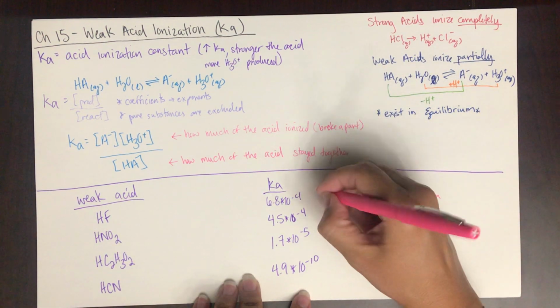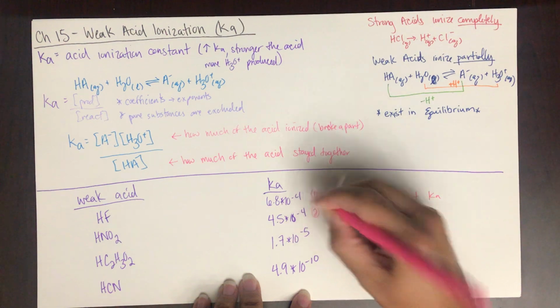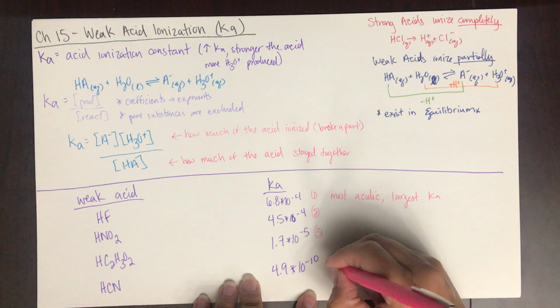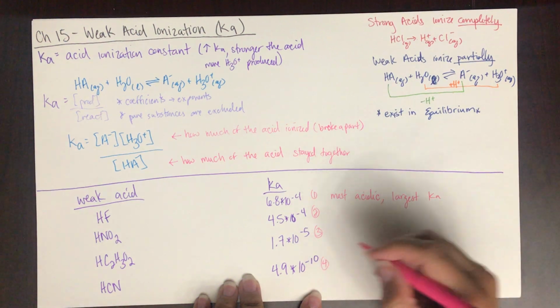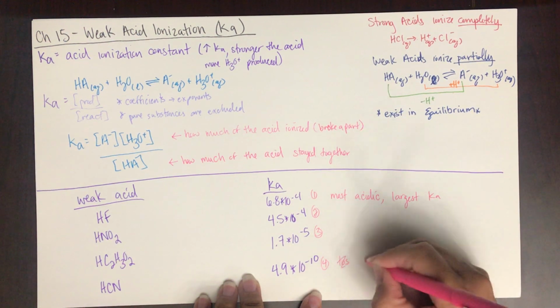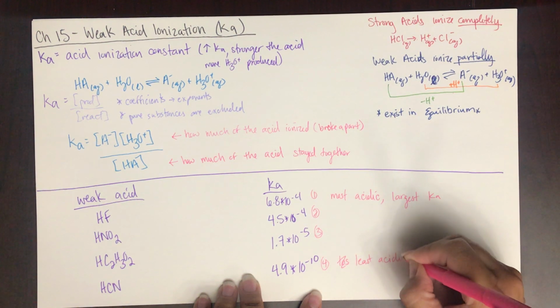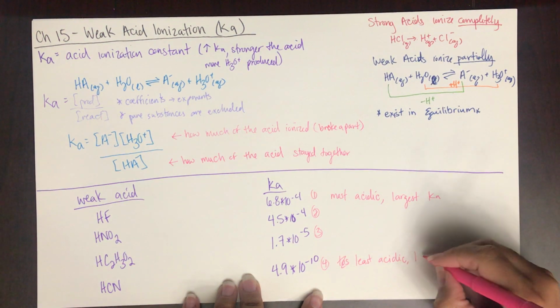So this, I would say, is the most acidic. The next acidic would be this one because that's the second highest number. That's the third highest number. This is the 4th, the lowest number. This would be the least acidic because it has the smallest